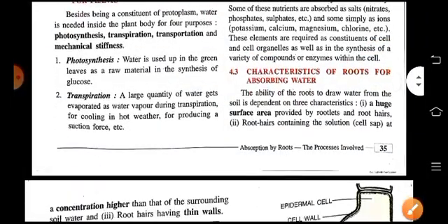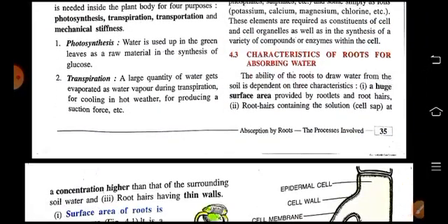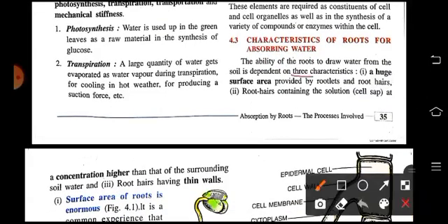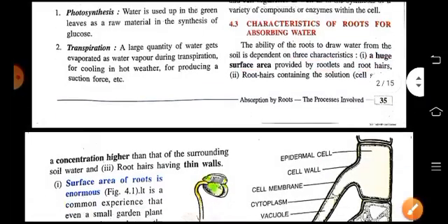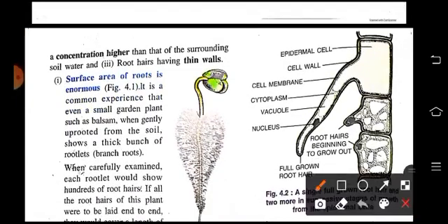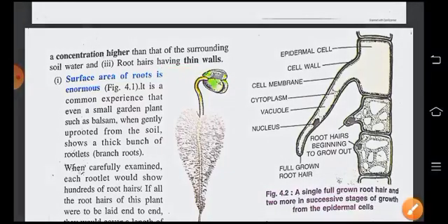So let's see what are the characteristics of roots for absorbing water. Now it depends on three main characteristics: how the roots absorb water from the soil. It should have a huge surface area, which is provided by rootlets and root hairs. Root hairs also contain the solution known as cell sap at a concentration which is higher than that of the surrounding water. And root hairs have thin walls. So number one,